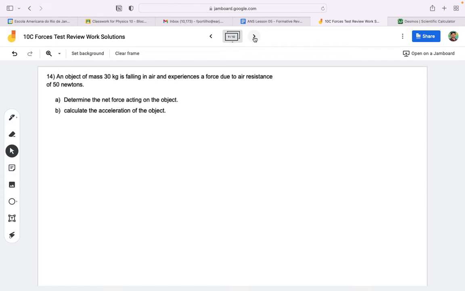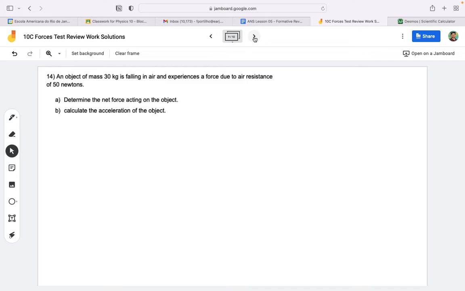Following, we have an air resistance case. And how do we solve this problem? First and foremost, we need to take note of the data given to see what we have at our disposal and see what the problem is asking for. The problem